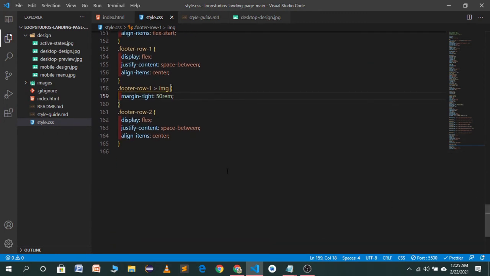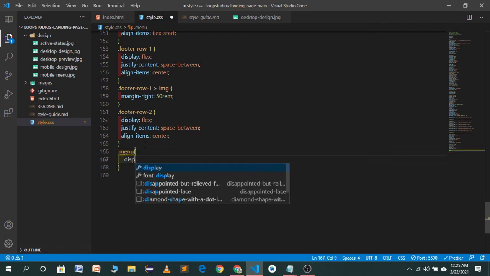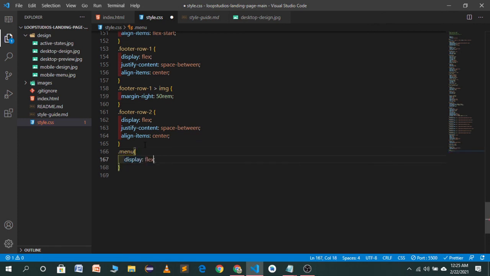So let's go to our next part in the footer row. We have to target our menu. In the menu we want display flex, justify content space between, align items center.